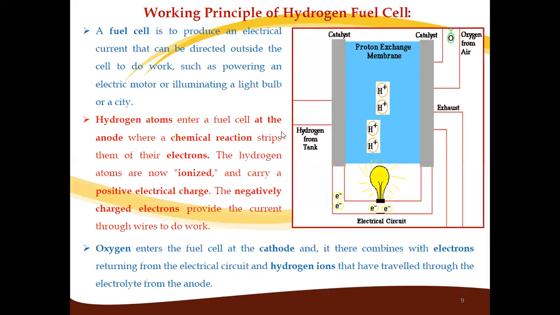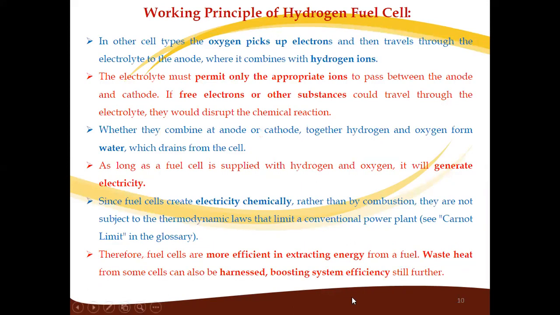Next, in the other cell, oxygen picks up these electrons and travels through the electrolyte to the anode, where it combines with the hydrogen ions. So the electrolyte must permit only the appropriate ions to pass between anode and cathode. It permits only positively charged ions to pass from anode to cathode, and the free electrons or other species